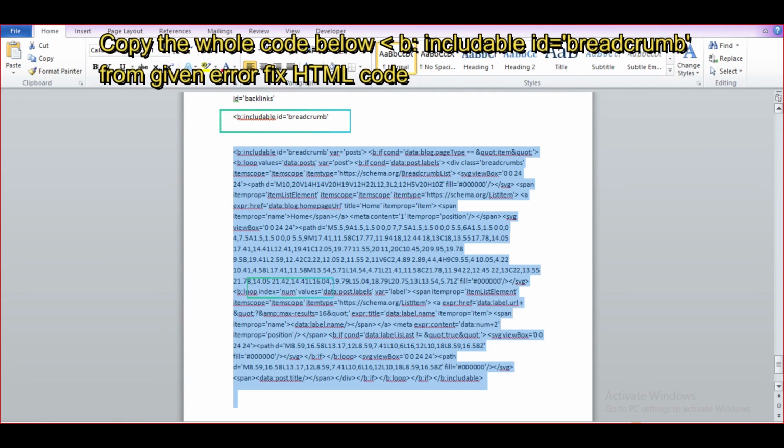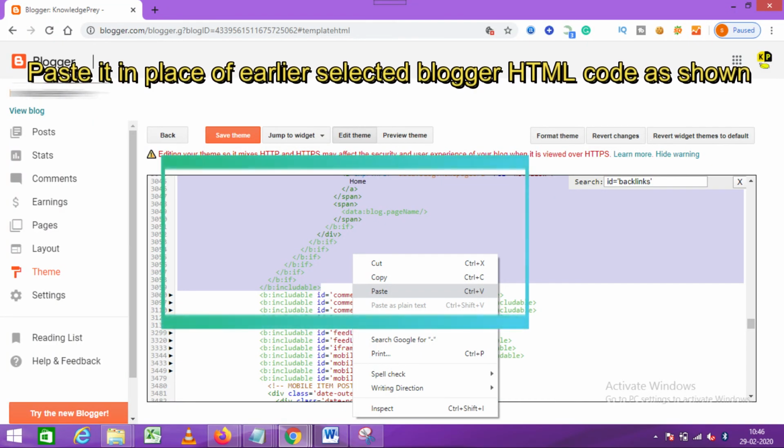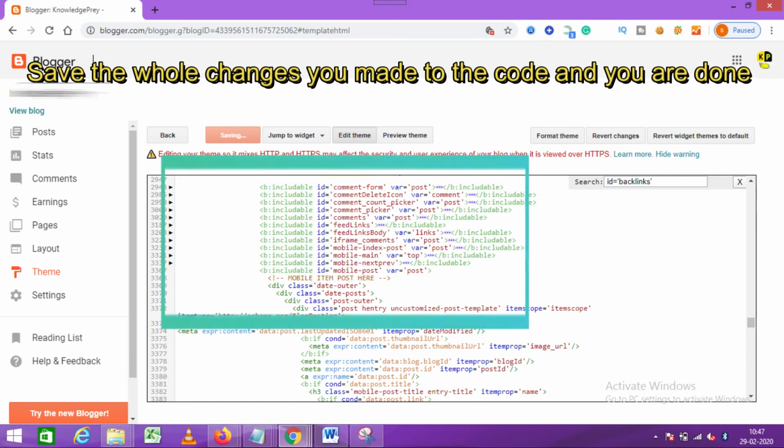Now go back to our HTML file of error fixing code and select the whole code below b:includable ID breadcrumb as shown here and paste it in place of earlier selected Blogger HTML code as shown here. And that's it. Save the whole changes you have made to the code and you are done with the process.